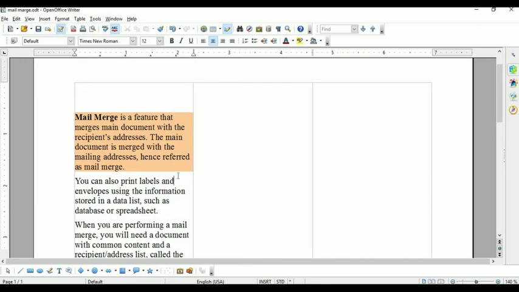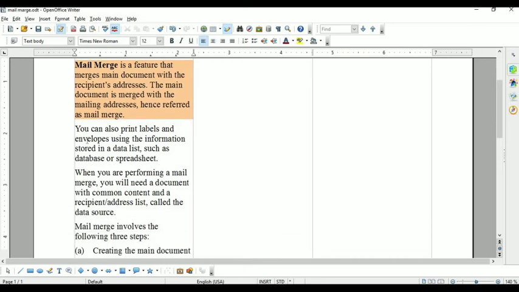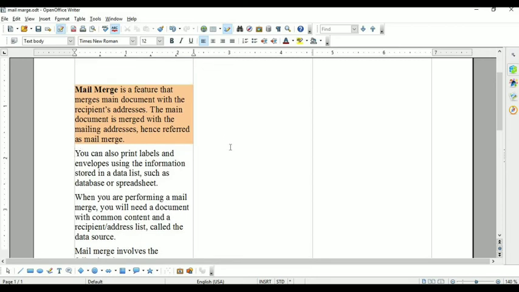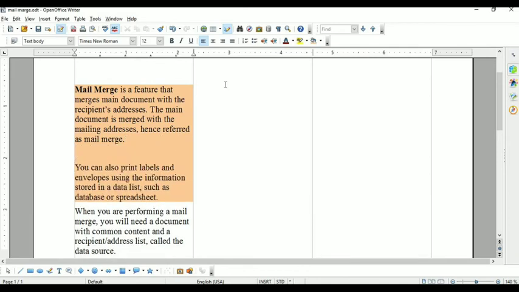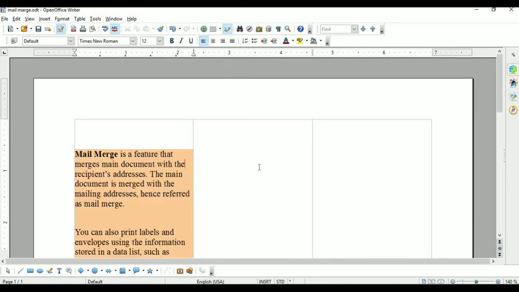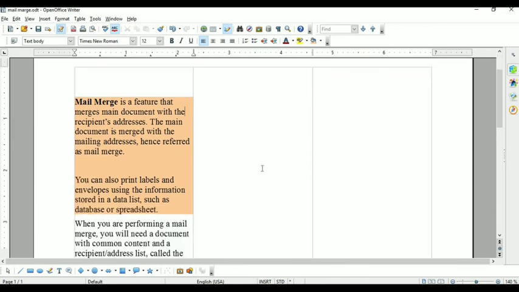Clear? Now I want to place our content from here into the next column. What will I do? If I press backspace, it will shift it back to the first paragraph. Or suppose I want to place the cursor in the next column, it is not going. How will it go to the next column?